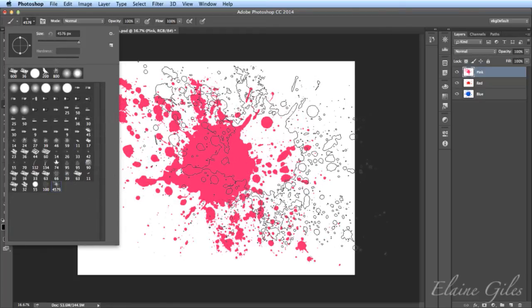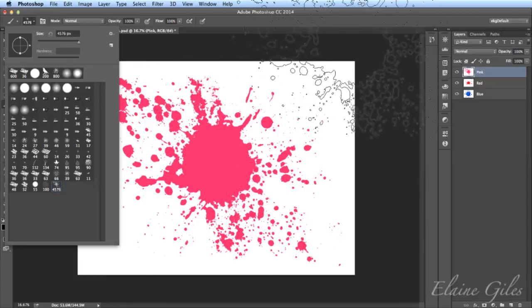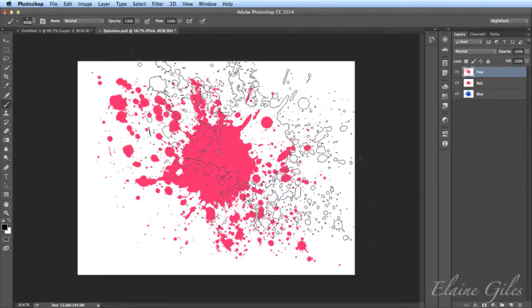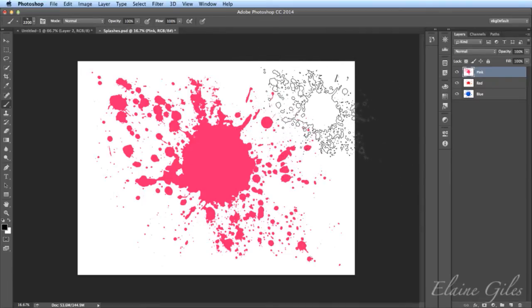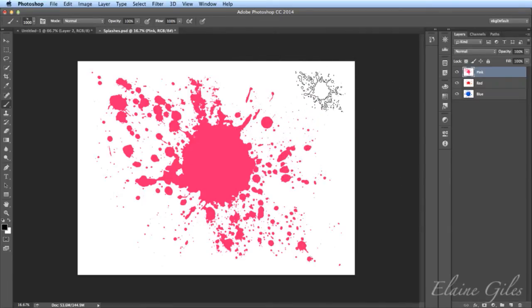But of course I can take that down in size with the square brackets. So moving away from there, and I'm using the left square bracket and taking that down, and you can see it's actually shrinking down. And if I click there, we'll get an instance of that brush. So that it has actually worked. We have created our first brush.